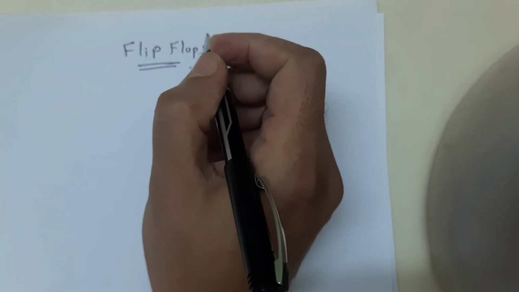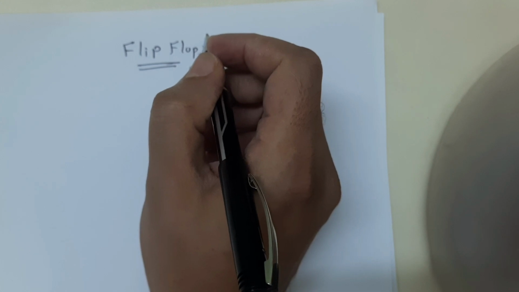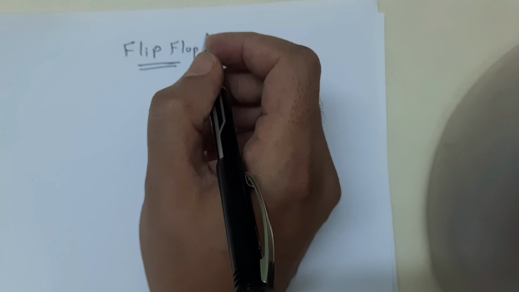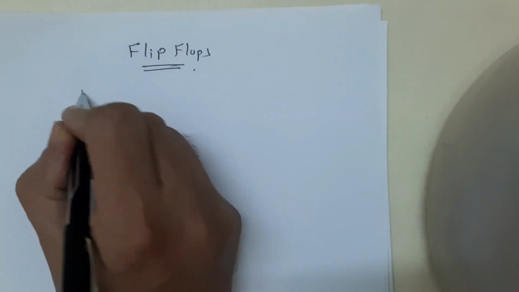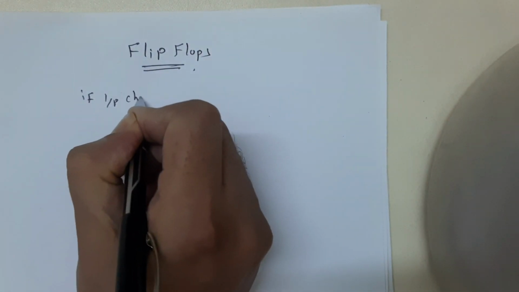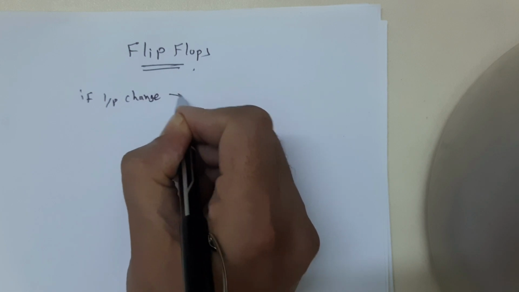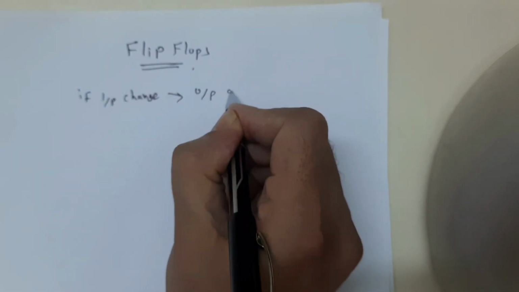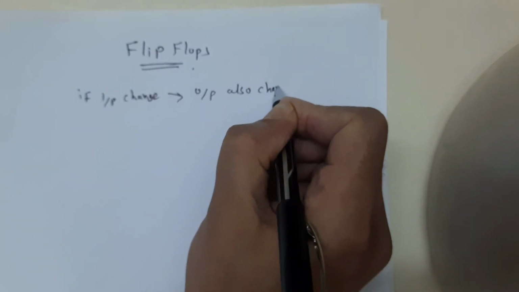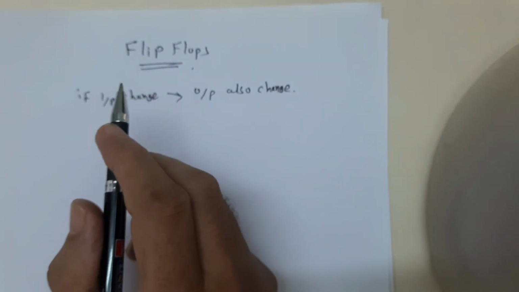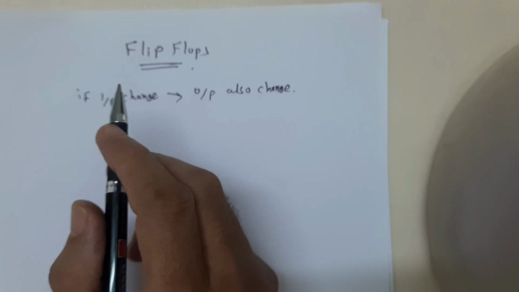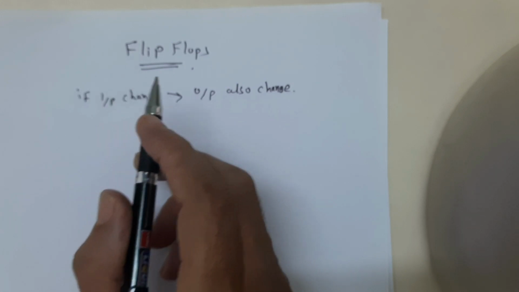The output of the digital circuits considered previously are dependent entirely on their inputs. That is, if an input changes state, the output may also change state. If the input changes, then the output also changes. However, there are requirements for a digital device or circuit whose output will remain unchanged.